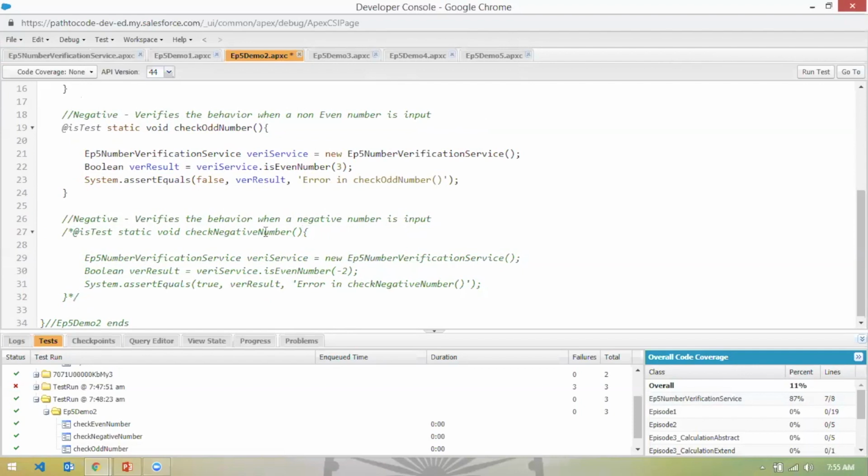And even once I comment this and I save this and I rerun the test code again,